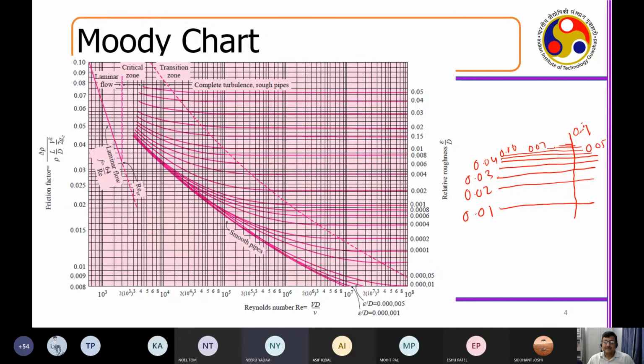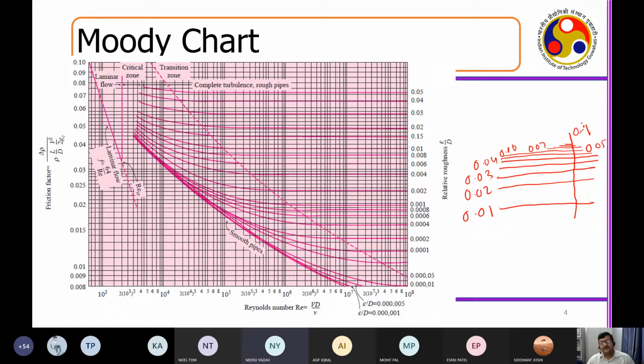In rough pipes, we can achieve complete turbulence. So what is the meaning of the term complete turbulence? In transition also you have some sort of turbulence. When it is in the transition zone, you have coherent mixing, right? Those are called coherent turbulence. There is some flow pattern that is there. Two vortices are mixing with each other, so they have a flow pattern which still can be predicted. But complete turbulence means it's a totally chaotic flow. You cannot predict any flow pattern there.